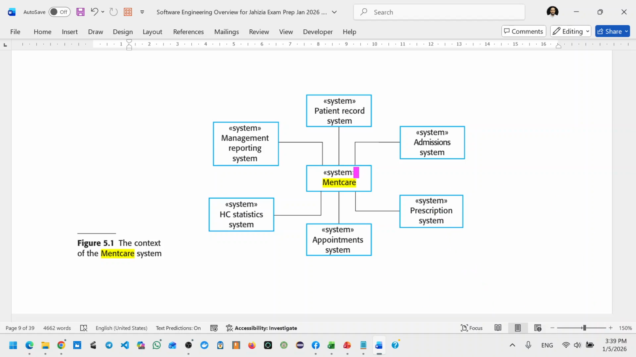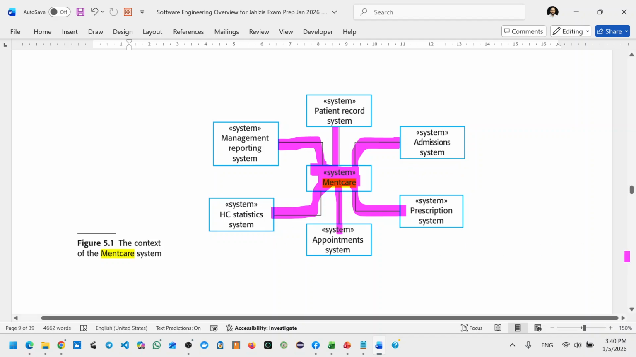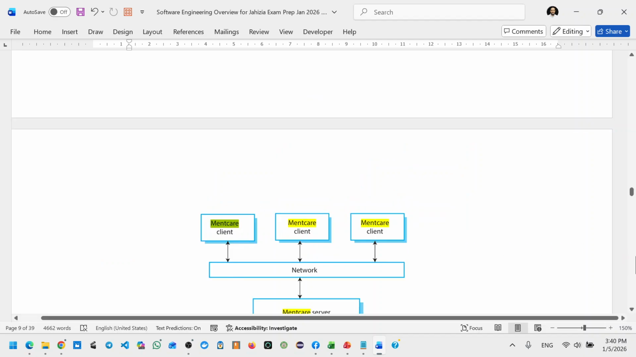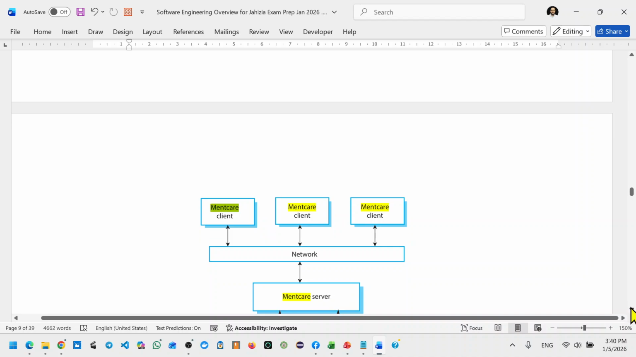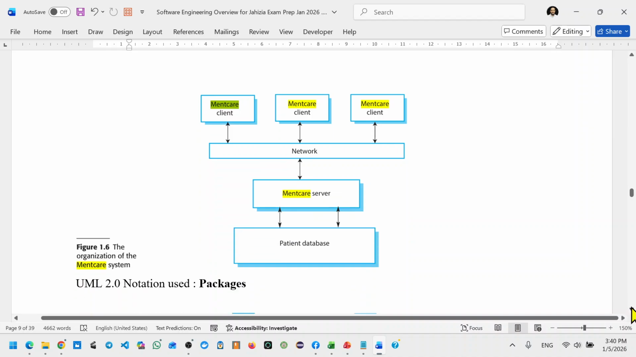So I will say, for example, I want to design this system, and this system has multiple components or subsystems. So I write every one of these boxes as a subcomponent of the system. We call this a context diagram. Also, this is another way to see the system in a